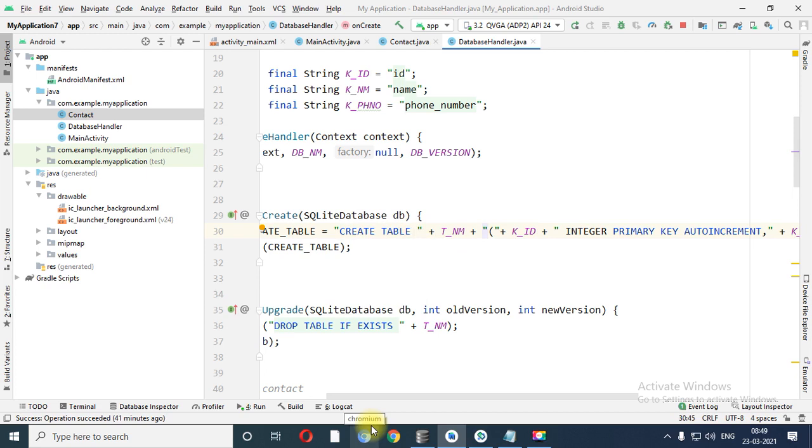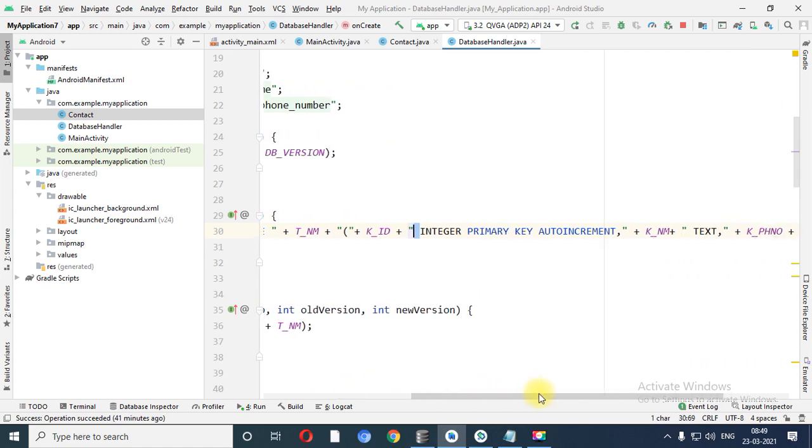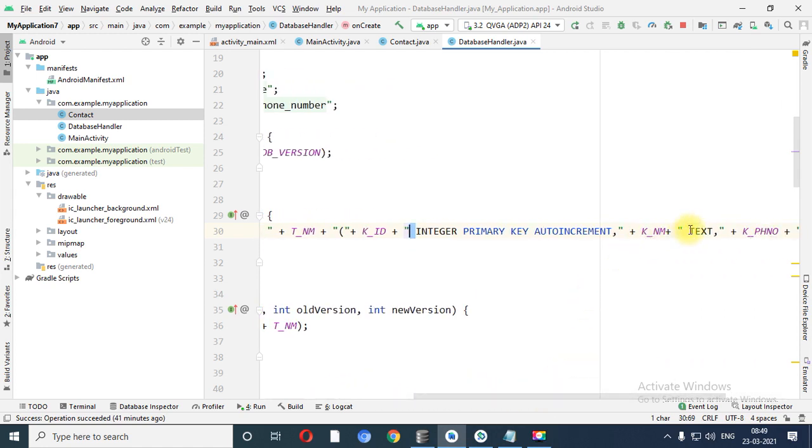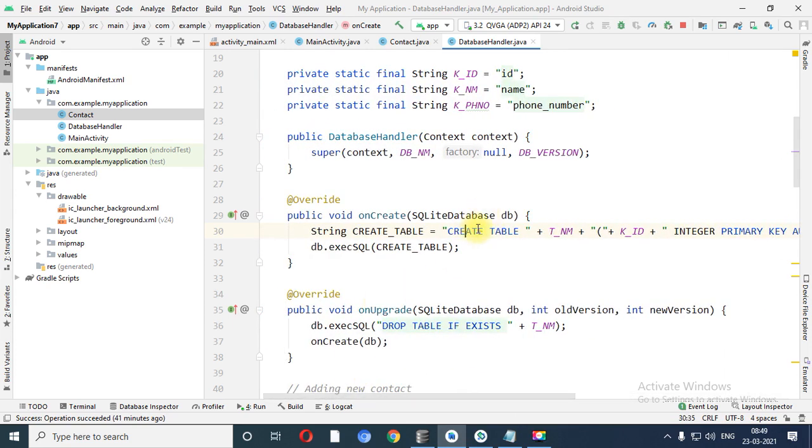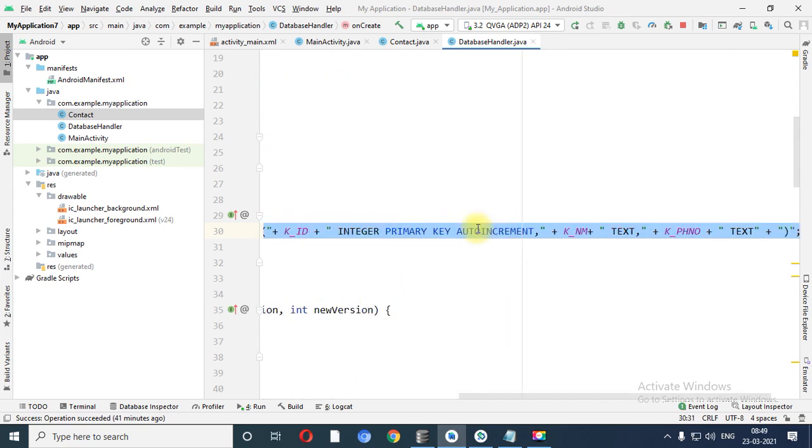Because see, in Oracle what happens? Create table employee. So after the table keyword, if employee is directly attached, at that time it will generate an error. So you can see over here, there is one space before integer also, there is one space before text also. So how will this string be executed? Let me explain this in the notepad file.